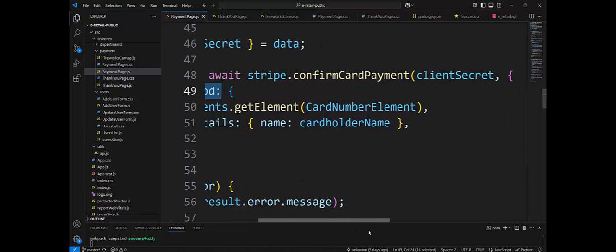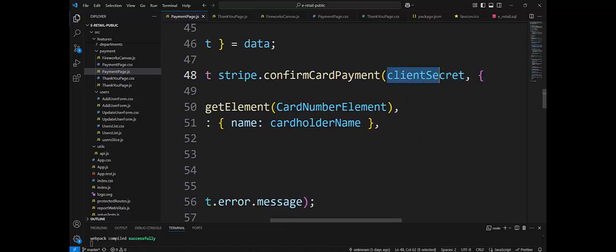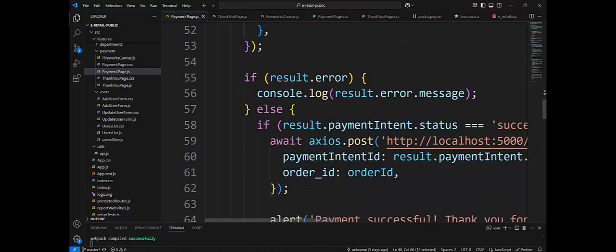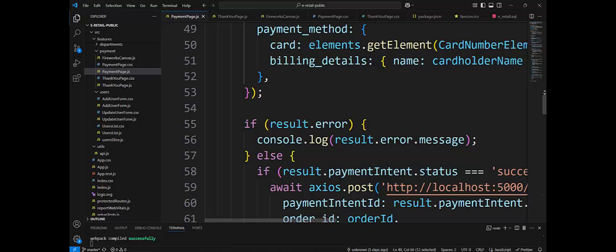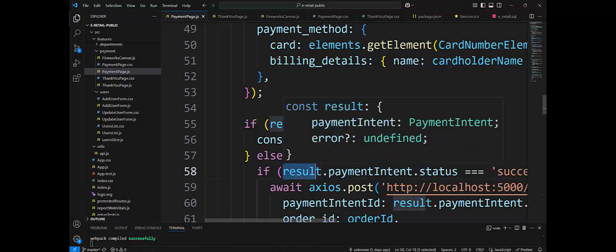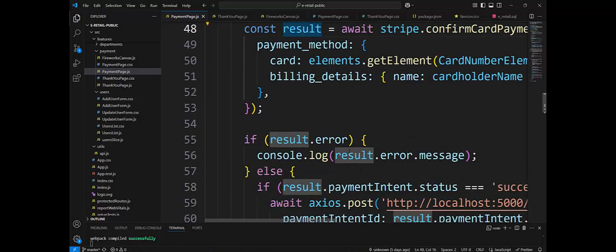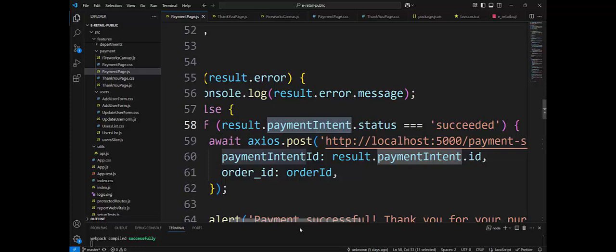That token goes directly from Stripe to Stripe. With that token goes the client secret. Client secret is connected with the payment intent, which is secure in our backend, in our server, not visible in the front end. And all together we finish. If result error, you see, what is result here? It is the result of that payment. If that result has an error message, but also there is a payment intent status. If it is succeeded,